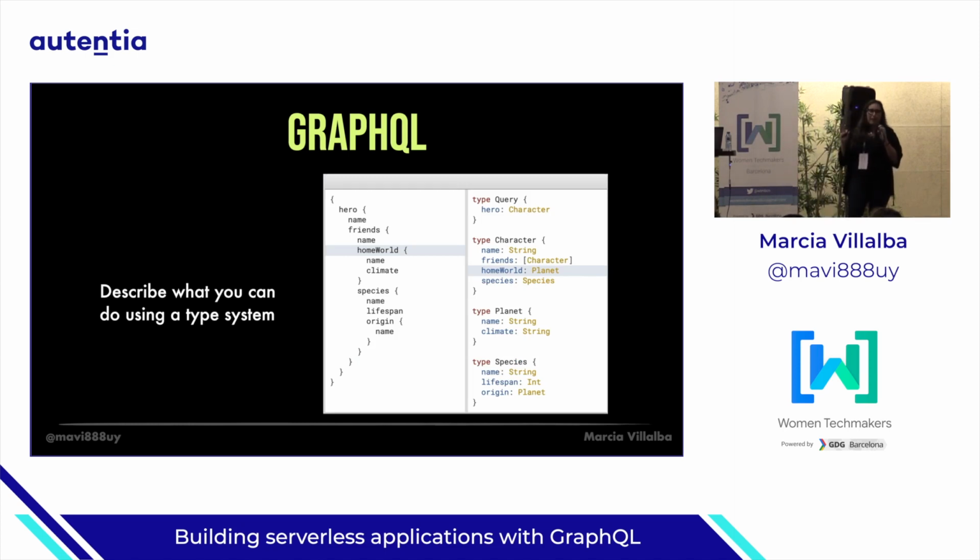Then one of the best things of GraphQL is that it is a strongly typed language. So you will define everything in one schema. That is all your types, basically. In this case, we have the character, the planets, the species, and then you will put the fields inside. What are the properties that are available for each of these types? And then you will define all your possible queries and your mutations, and I will go into that in a second. And this is shared between the client and the server, and this is your documentation. Sure, you can add better documentation by providing more information on what exactly is happening, but just with this, your client, if it knows what your API is about, can start using it right away.